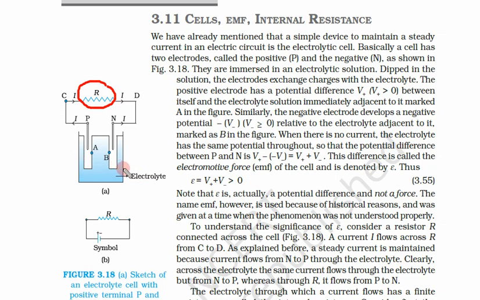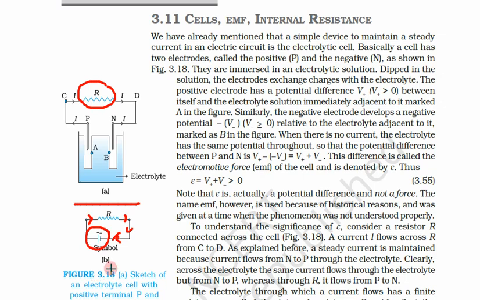What is a battery? Now let us see. Here is its symbolic representation. This is a battery with a positive terminal and a negative terminal, and current is flowing in this resistance from the positive terminal to the negative terminal. This is the direction of flow of current, so current is flowing like this, clockwise.